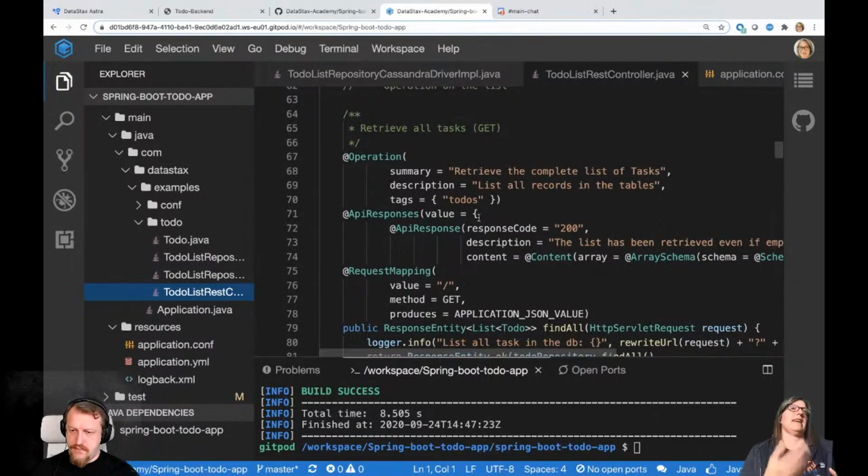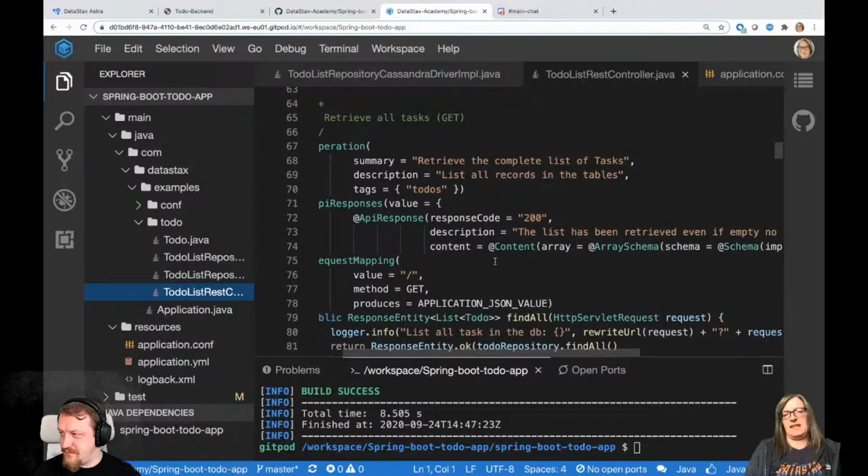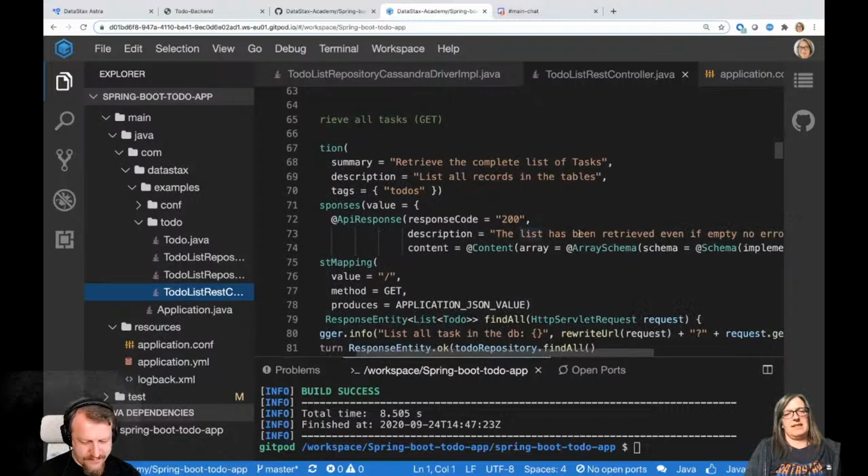We're using Swagger today in order to test out our API, because we do not have the time to go to a fully built GUI today to support our to-do list. So we want to be able to come to a kind of user interface that allows us to test this application, and we are using Swagger. And these are all the annotations that we see in Swagger in the UI. It tells us what kind of response we're expecting and what the description of that response is, etc.